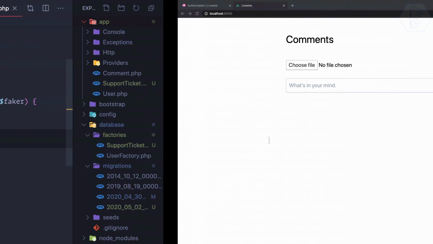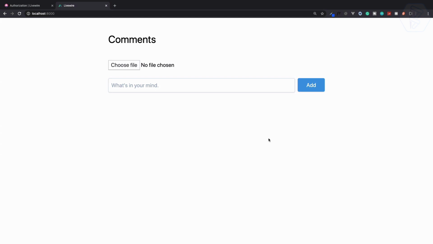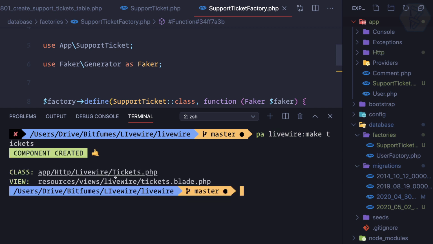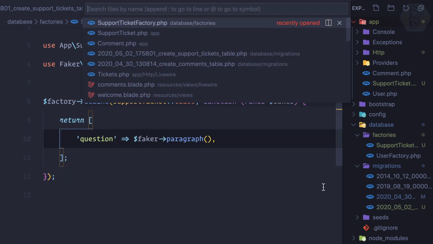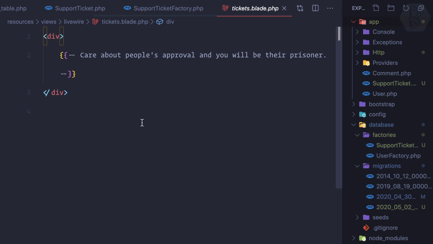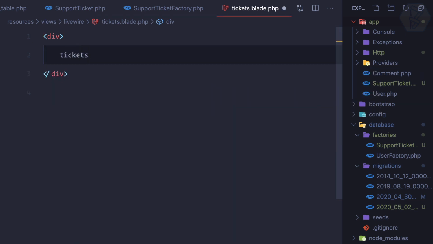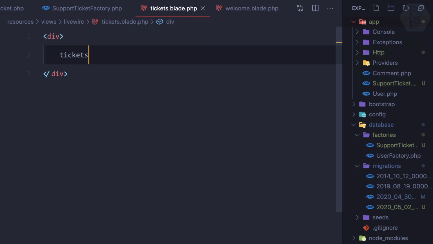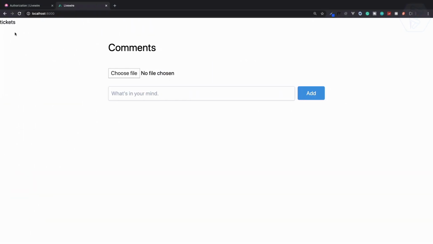And to show these tickets in our blade file, we need to create the Livewire component. So php artisan livewire:make, and the component name I'm going to use is tickets. So it has created two files: one is the Tickets.php class and then the blade file. Firstly we have tickets.blade, and in this I'm just going to say tickets, and we need to use this in our welcome. So we have welcome, and just like this we can use tickets. Okay, so we have the tickets, and now if I refresh this page, you can see we have this